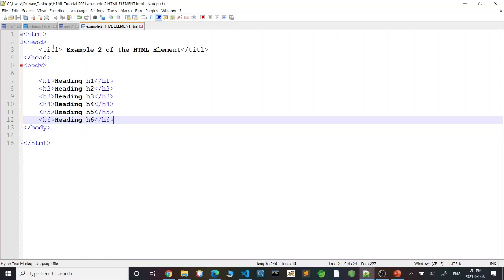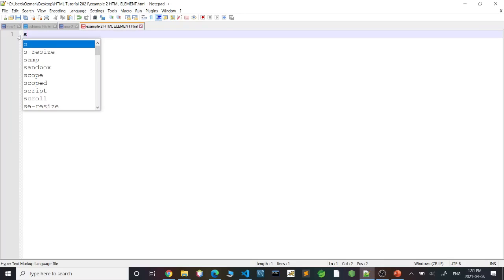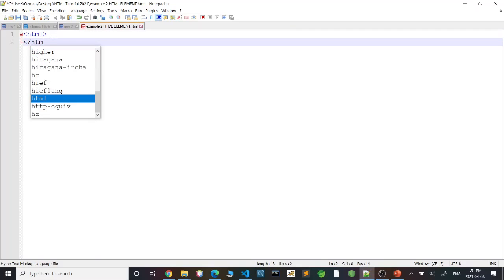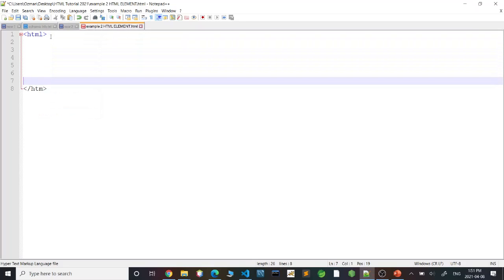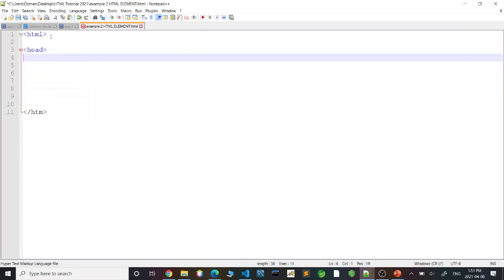Example 2. I did that. Then you can actually write, let's do that. I'll show you how it's done. So basically I will do the exact same thing. I'll open HTML, closing tag. See, this is now an element in itself, right? Then I will go inside. HTML is the parent, and then we go to the first child. You can say head, closing tag of the head,